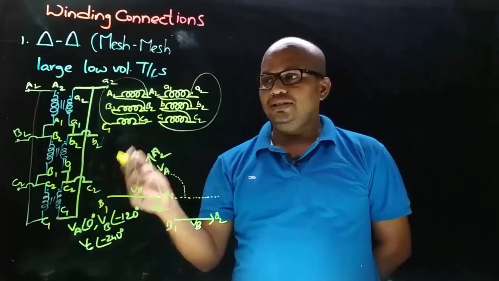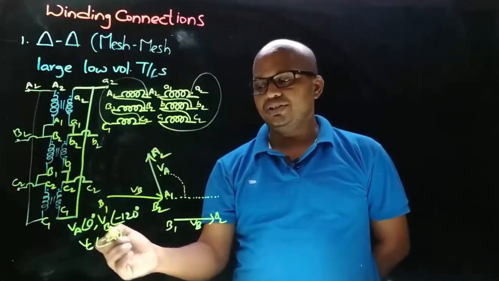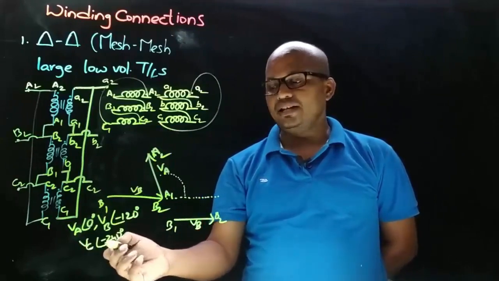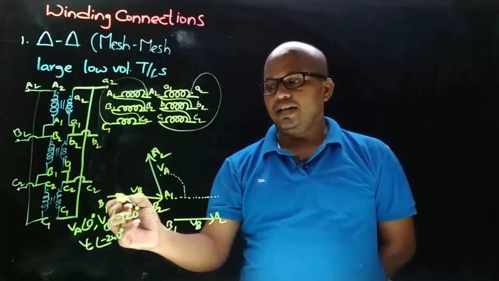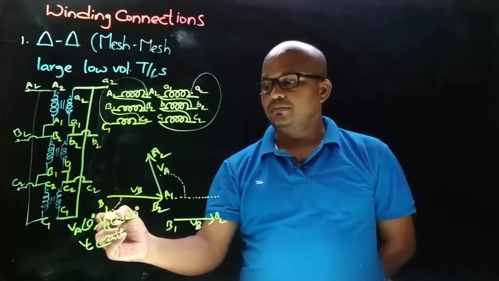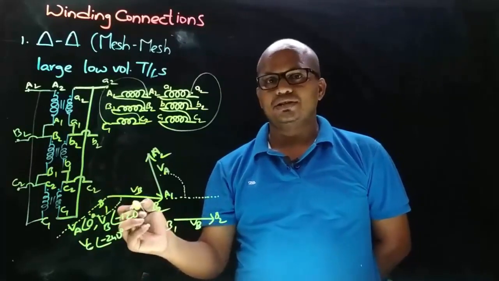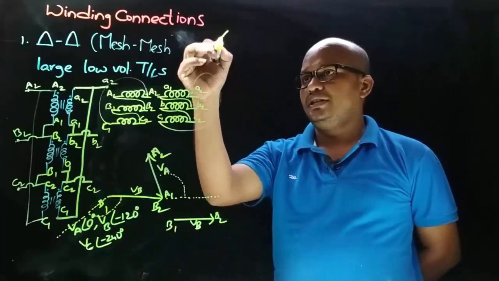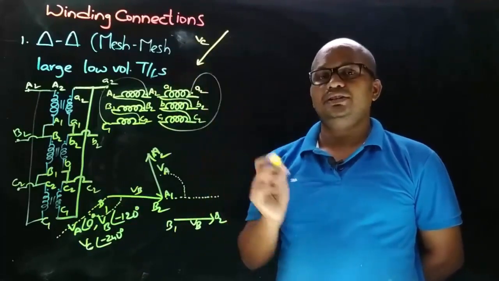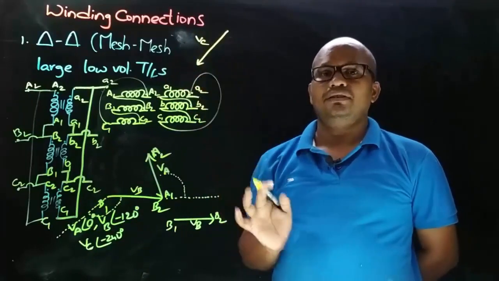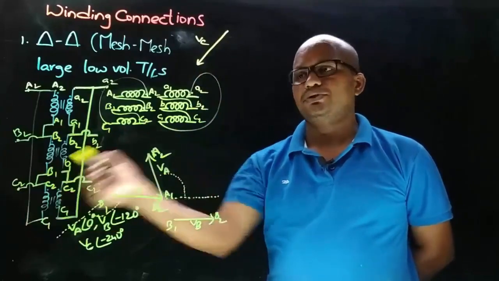And now we need to draw the VC phasor. So VC phasor will be at an angle minus 240 degrees from VA, or we can take at an angle minus 120 degrees from VB. So from VB at an angle minus 120 degrees, means in clockwise direction, VC will be along this direction. So our VC is like this. And here we need to decide the terminals. So arrow always points towards the connection we took from, so C2.